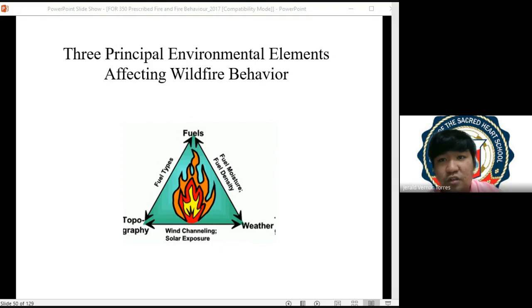So we also need to consider topography because it would determine how our wildfire will spread out. Remember that this is wildfire. It is not delimited, unlike urban fire which is delimited to an area because of houses and barriers. Here in wildfire, it spreads in a wide space. And because of that, we need to consider topography and understand how this fire will be distributed along space. We need to understand that.